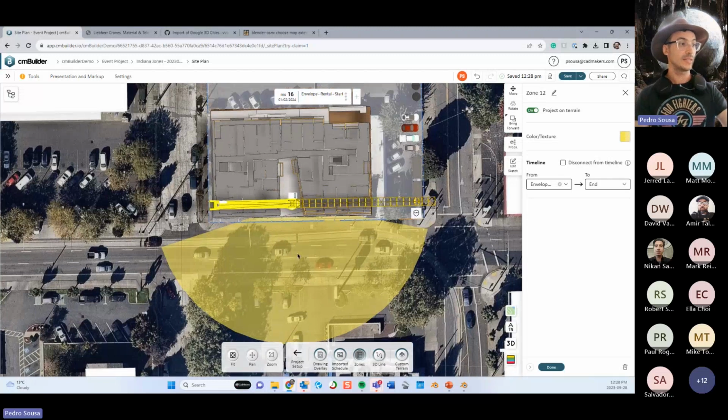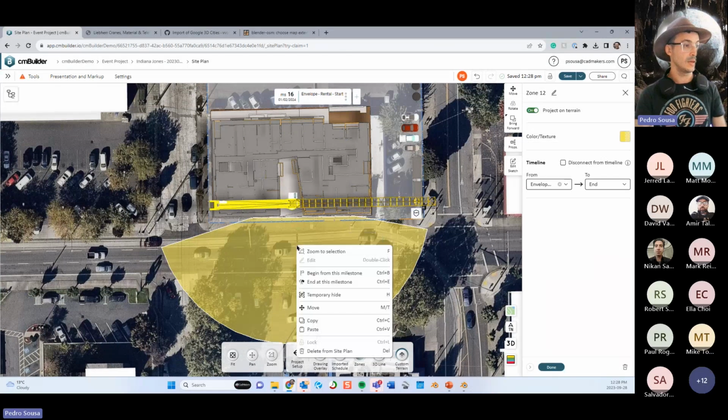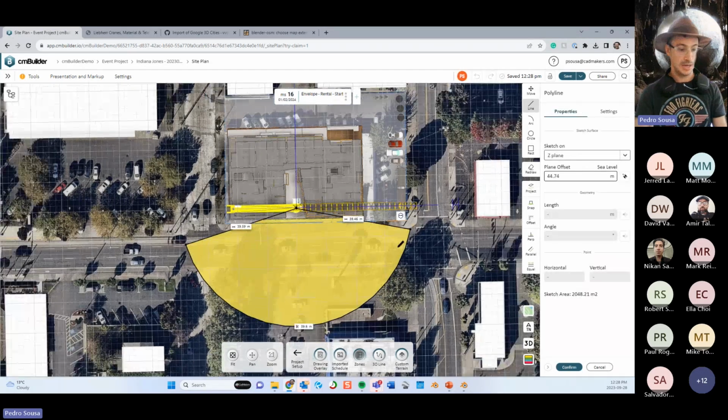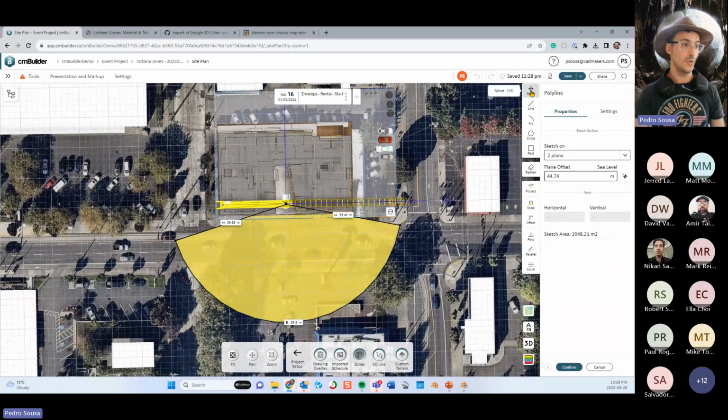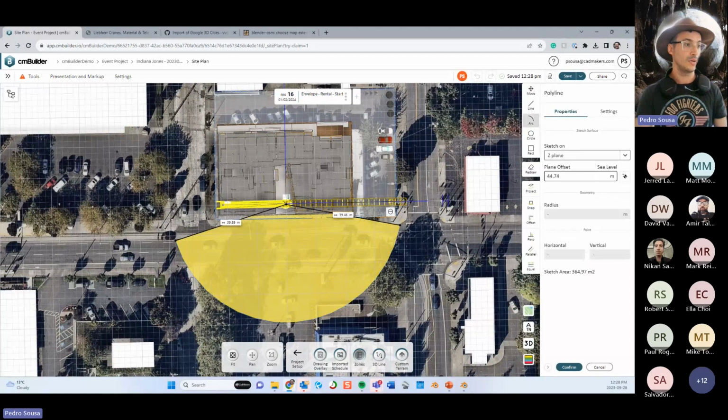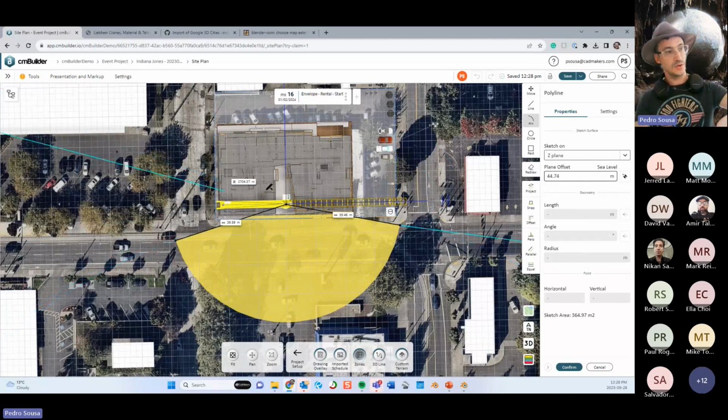Cool. So you can create the same idea but facing the other way, and it's super easy. You just copy a zone, and then you can paste that zone, place that zone exactly where it was supposed to be, and then you can add it to sketch, and then you can click on move, select the arc, delete it, and then you click on the other arc, and then you can create the same thing over here. See how when I'm gonna create the arc the other way, it's still taking me to that previous path because